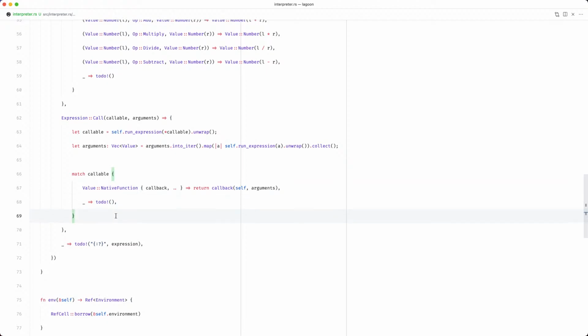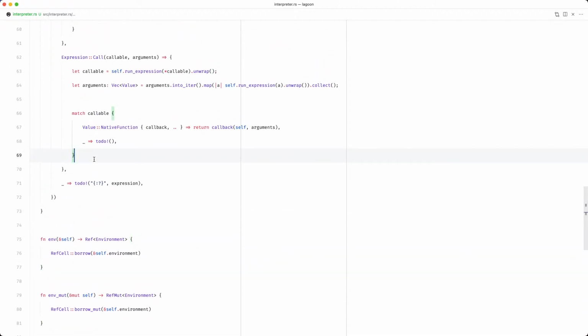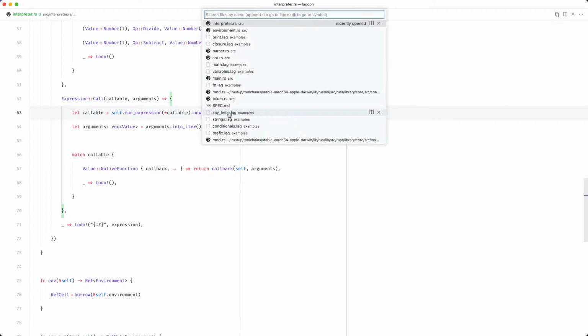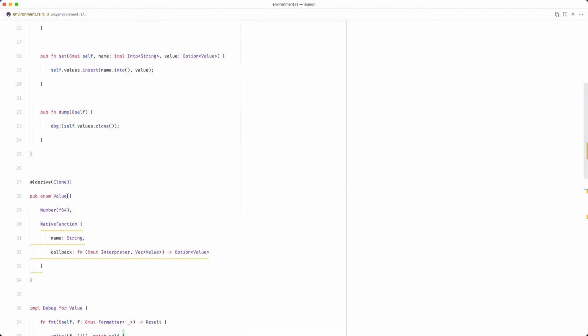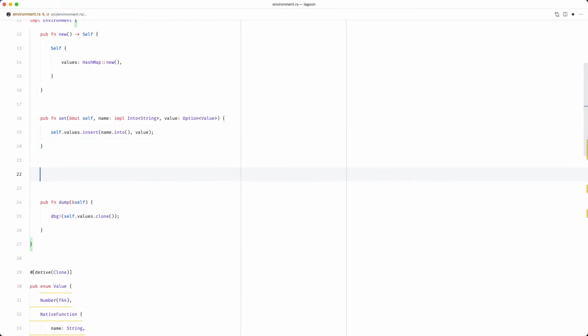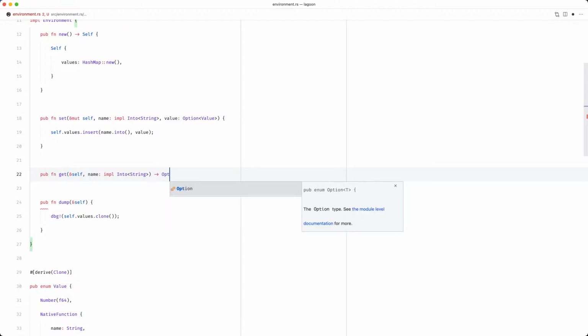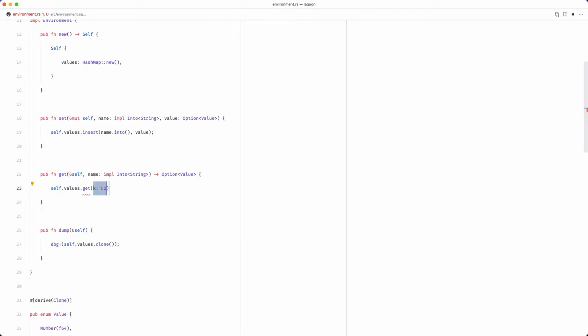So native function, and we really just need some way of defining these native functions to begin with, because what's going to happen is run expression is going to return a value, and if we put that into our environment, variant is never constructed, not yet, no. We'll create a method here called get, which optionally returns, and we can just get name dot into.